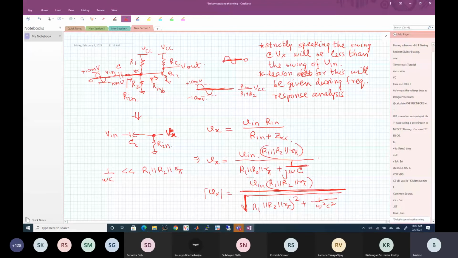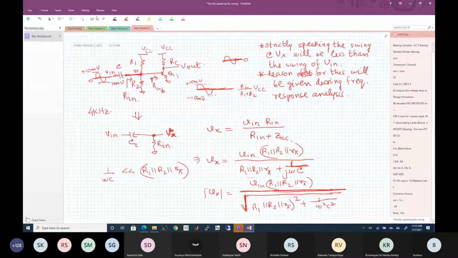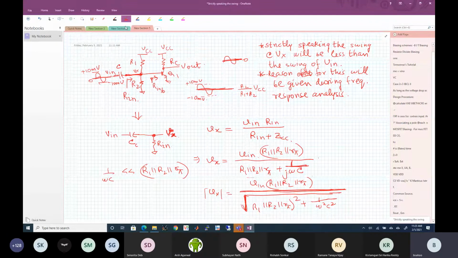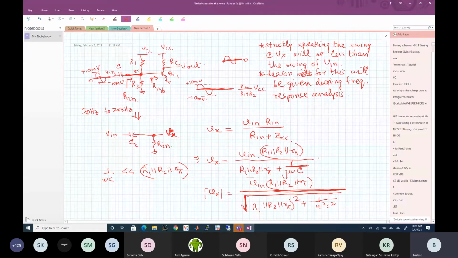Okay. So if my signal range is, let's say, a speaker's microphone, that means my range of signal is up to 4 kilohertz. What is the range of the human voice? Anybody knows that? 20 hertz to 20 kilohertz. So if I need to pass a 20 hertz signal to a 20 kilohertz signal, all the way from here to here,